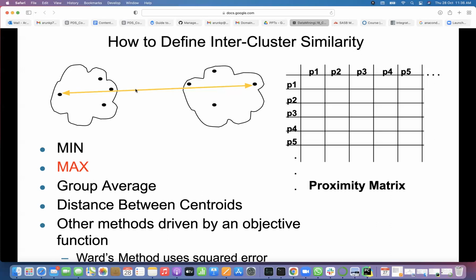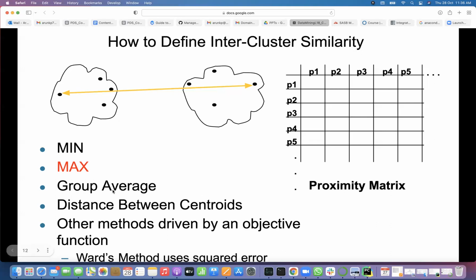What is the difference between min and max? In minimum, we are taking at least 2 points, whichever has the smallest distance, and we are saying that the distance between those 2 clusters is that much. Boundary distance, in other words. In maximum, what we are saying is, if you take any other pair, they won't differ more than this. Means they will have more similarity, right? As clusters. Yes. Because you are taking the maximum.